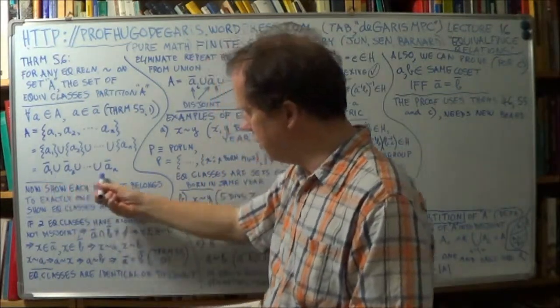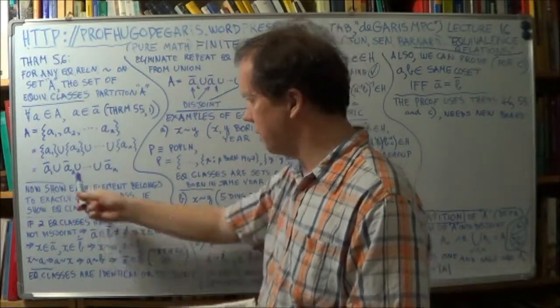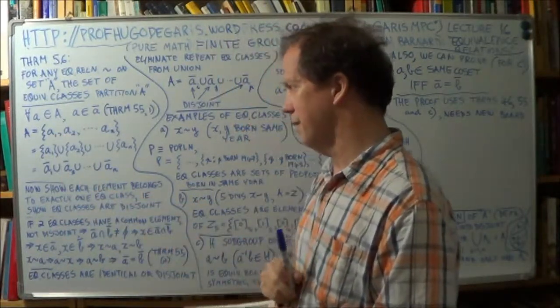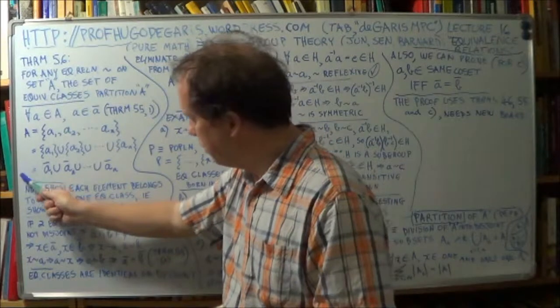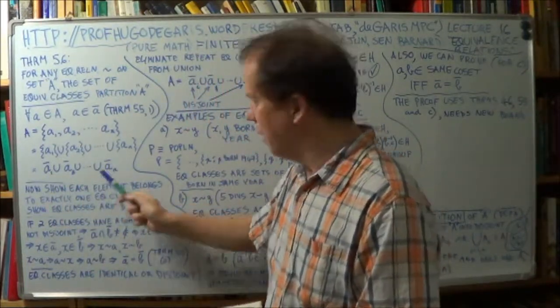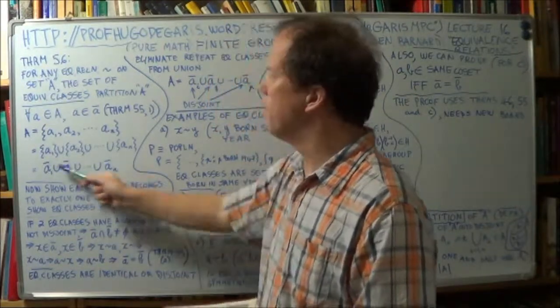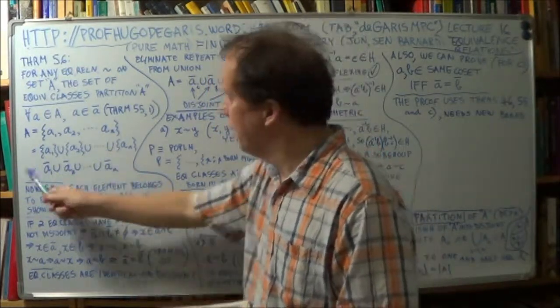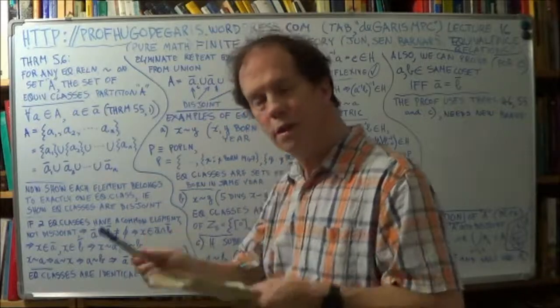These now are only disjoint once you've thrown out the identical residue classes. So A is then of this form. These are all disjoint, and when you union all the disjoint ones, you get A. Well, that's the definition of a